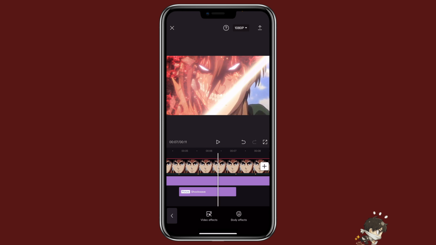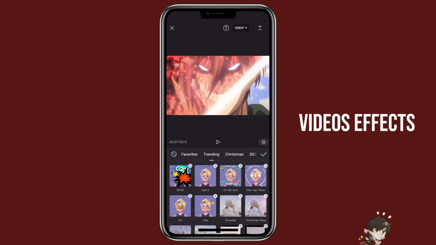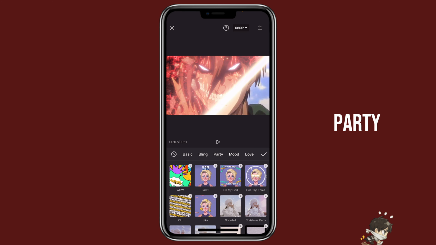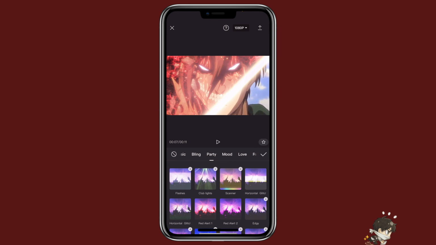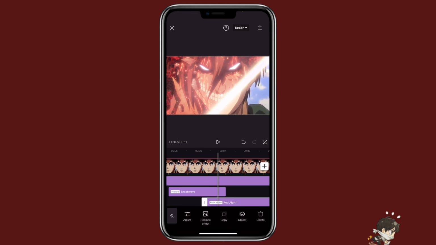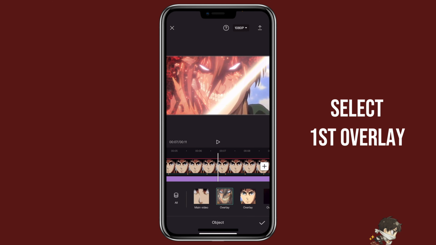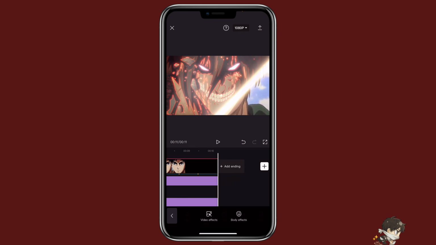Then go to the beat before, select video effects, party again. We're going to select red alert 1, click on it, object, select overlay again, and then adjust it to the end of the video.